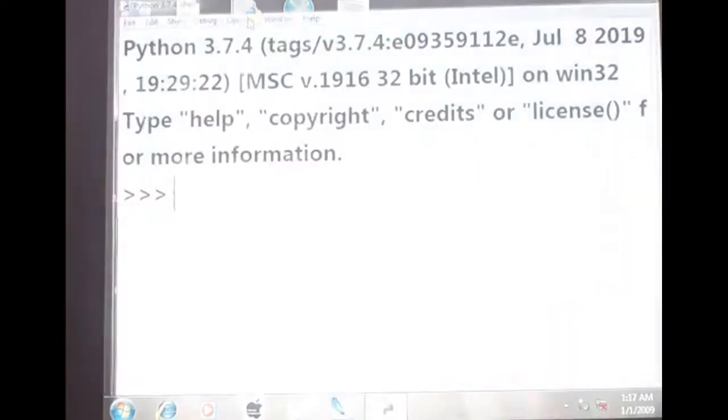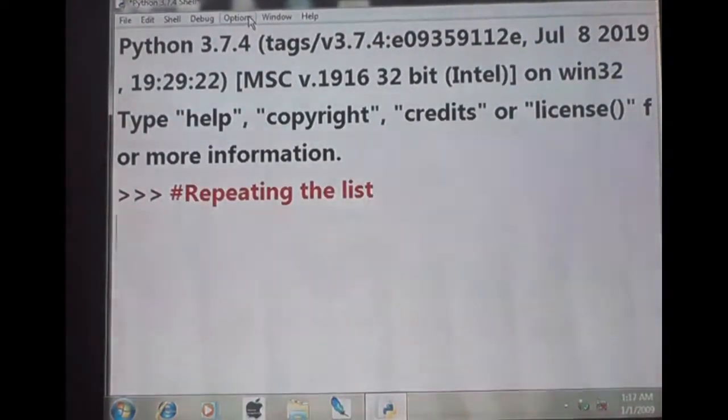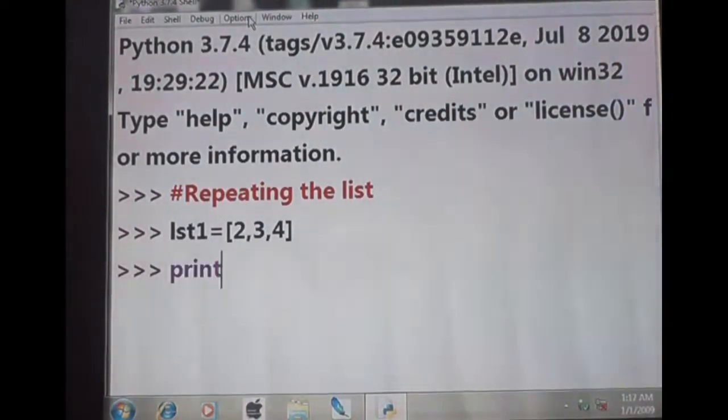The next topic is repeating the list. Now we are going for repeating the list. List 1 is equal to 2, 3, 4. Suppose I give print open bracket list 1 star 3.